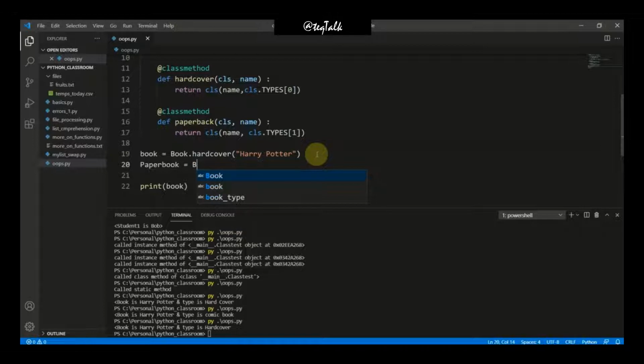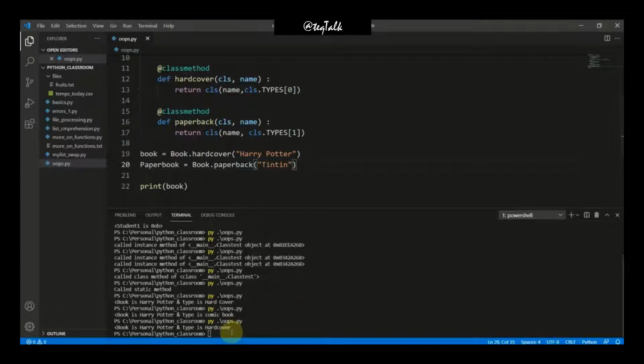I will call our paperback class method by using our class name book dot, then the method name paperback, and then what is the parameter that is passed here? That is name. So let me write it as Tintin, and type will be passed from this paperback method only, so we don't need to pass anything for type, just need to pass the name.